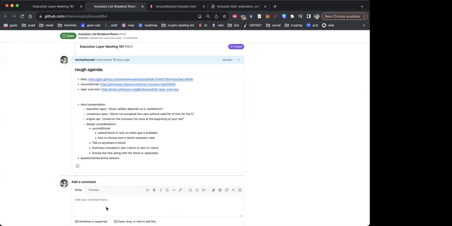Just for the sake of argument, I don't quite understand this point about you can negotiate with the next builder, because if you send it later, then no one would have voted for your block. So the next builder could just reorg your block. Like, what advantage are you getting from this IL late?